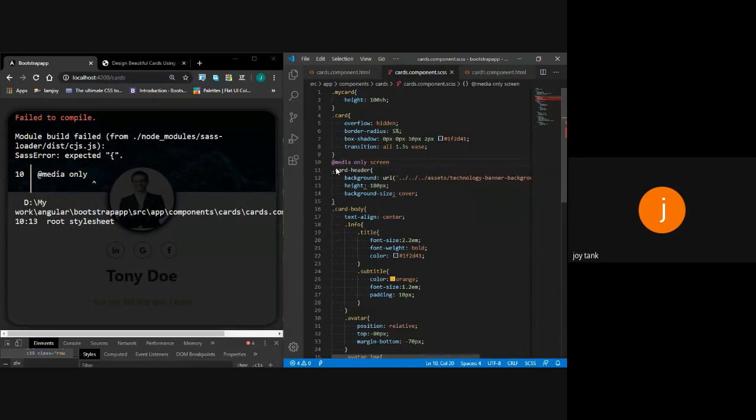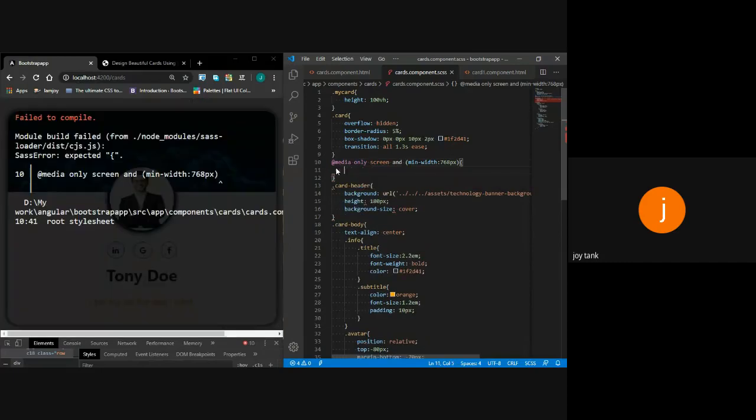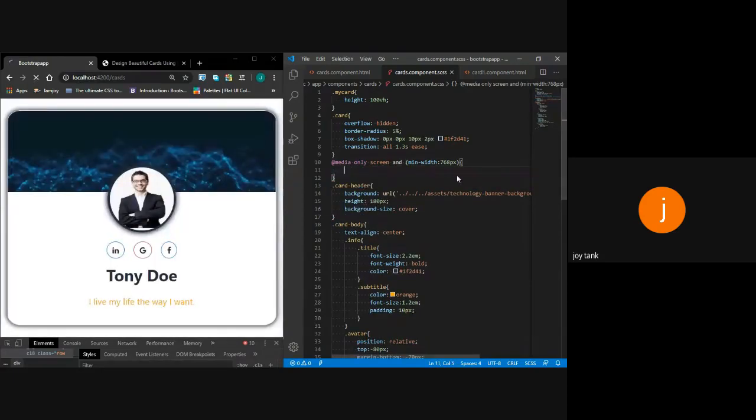I will say media only screen and which has a minimum width of 768px. The minimum indicates that the viewport width should be a minimum of 768 pixels, which means you are using a medium viewport size.